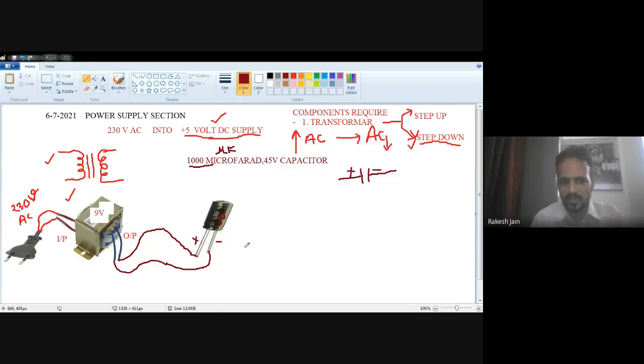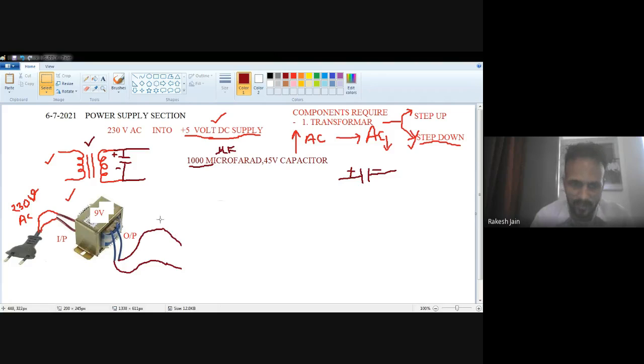Okay. After this connection, now what I did: I take a transformer, then I connect a capacitor. This is the circuit diagram in which the upper terminal is plus and the lower terminal is minus. Then I have to connect... No. First of all, you should connect a rectifier, then the transformer, then the capacitor. I am very sorry for that. First, you have to connect a rectifier. Which kind of rectifier? Bridge rectifier.